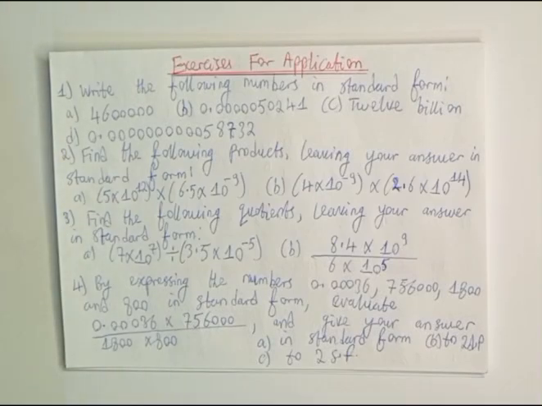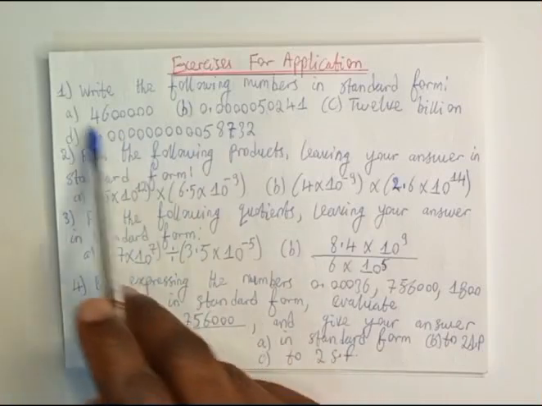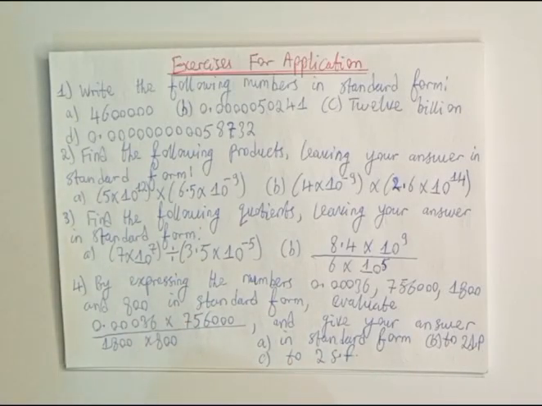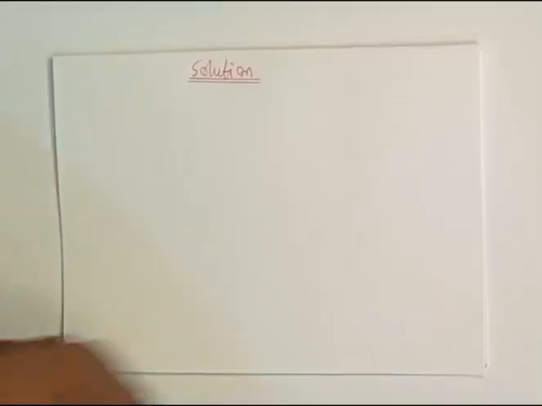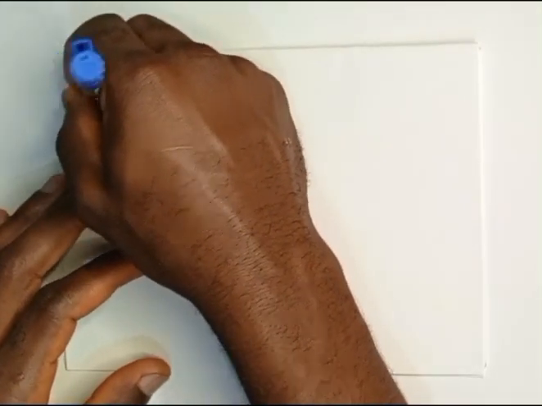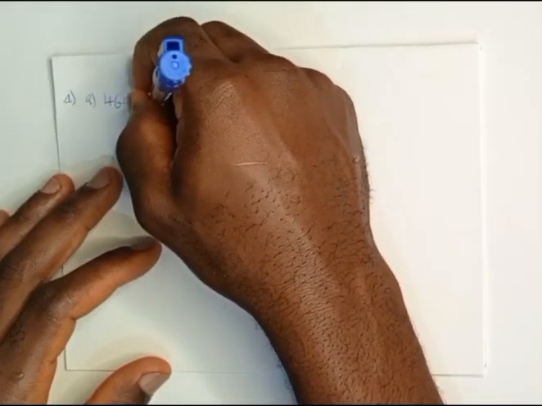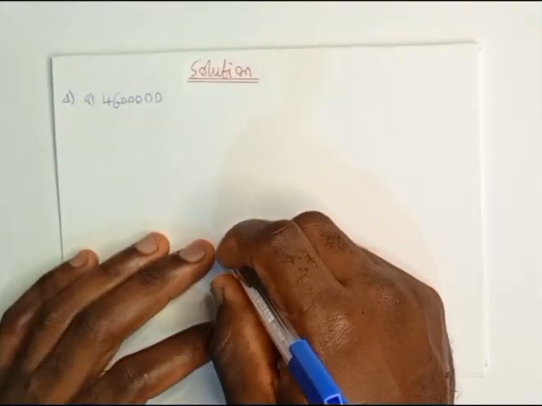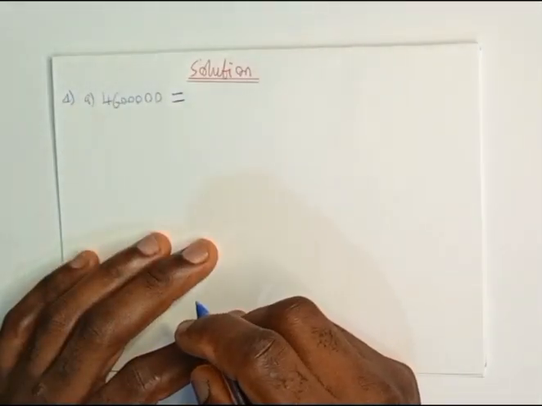We are to correct the following exercises for application. Question 1. Write the following numbers in standard form. For A, we have the number 4,600,000. In standard form, it is simply equal to, we are going to fix the decimal point after the first